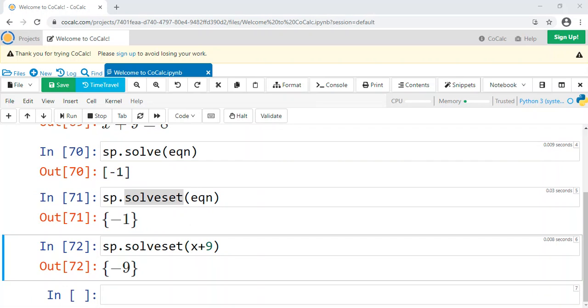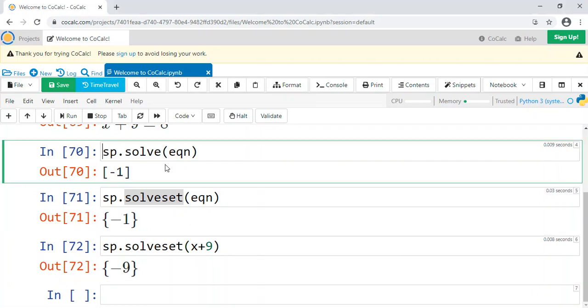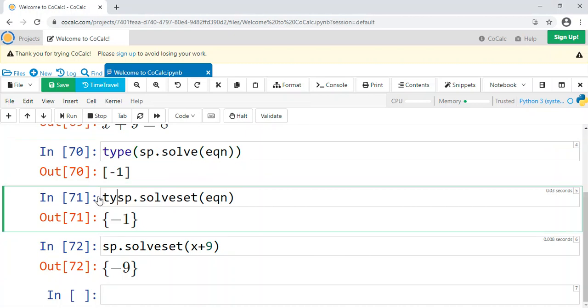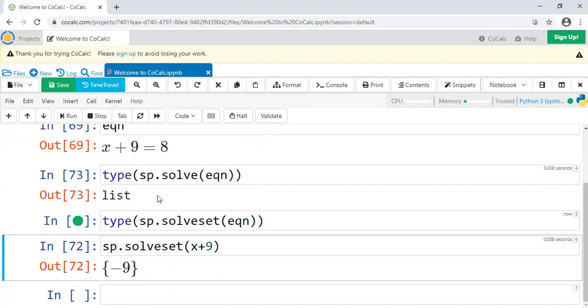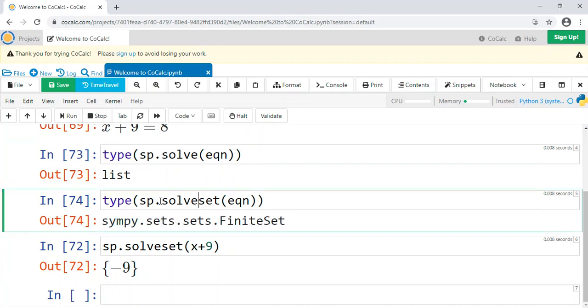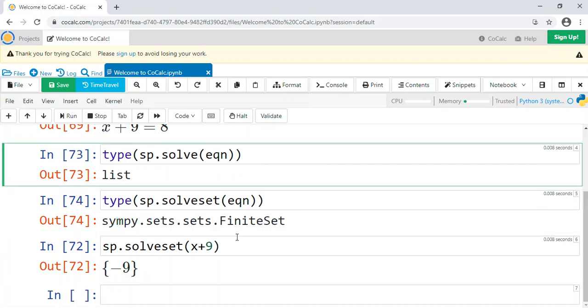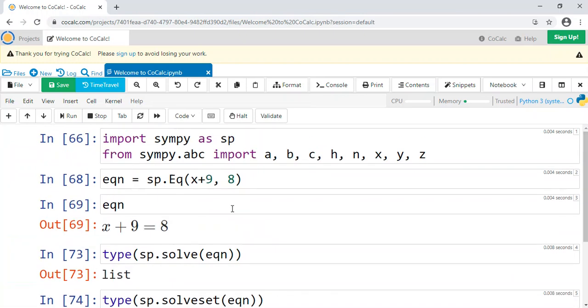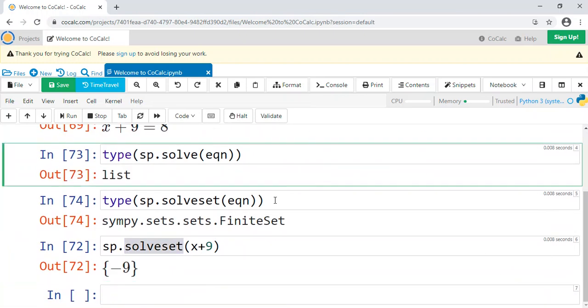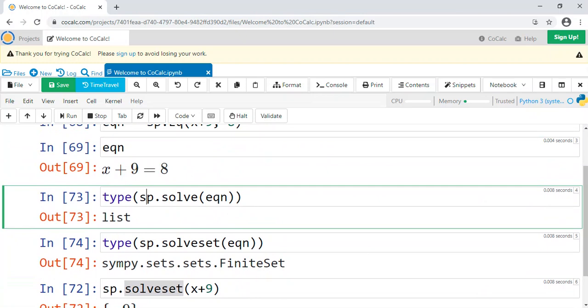Okay, and just to show you what I mean when I said earlier that these are a different type, in Python you can check the type of something with this. So if we were to run these cells, see, this is a list versus this is going to give you a specific SymPy set, right? So that's why they say to use solveset, because it's going to be in this SymPy format that will make SymPy a little less angry. But either will work, especially for things like this where it's a simple equation. It'll work just fine.